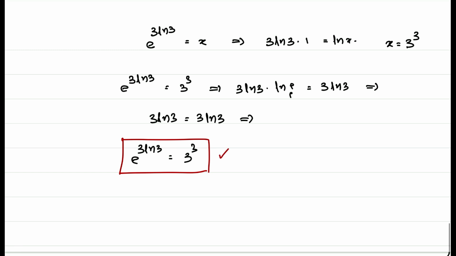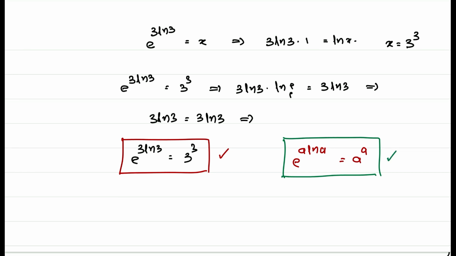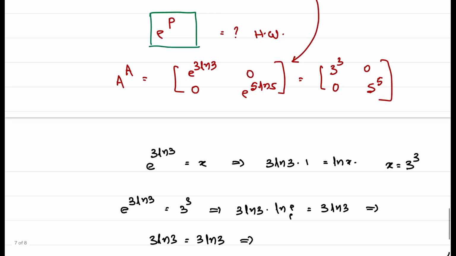This one concept means e to the power of a ln a is equal to a to the power of a. This is one concept which I have explained in my logarithmic equations lectures many times. Please refer to them. This is one concept, and when diagonalization has taken place,